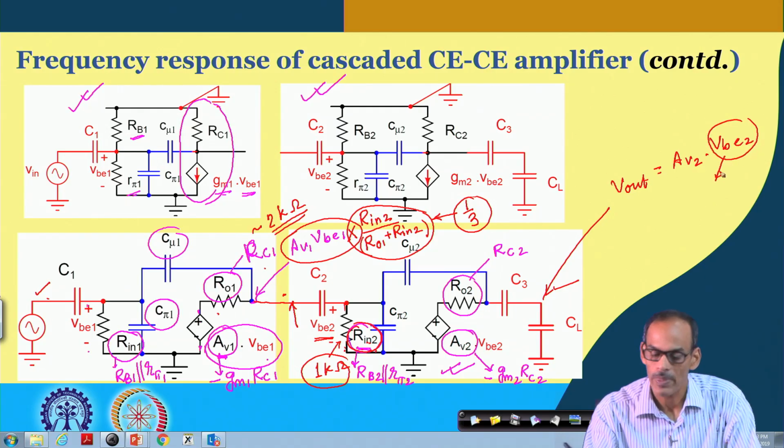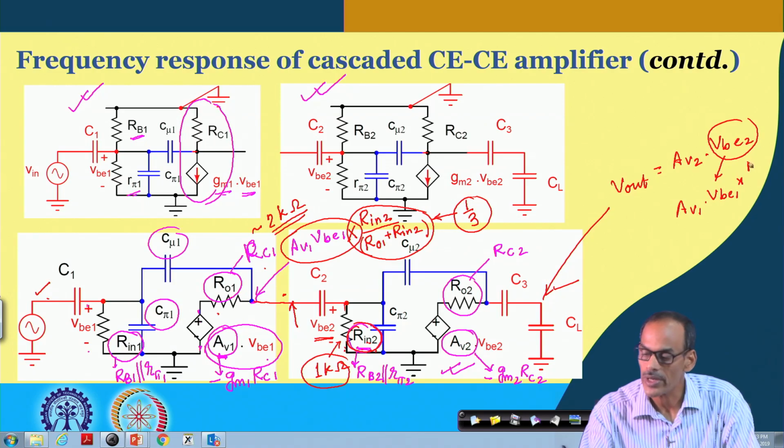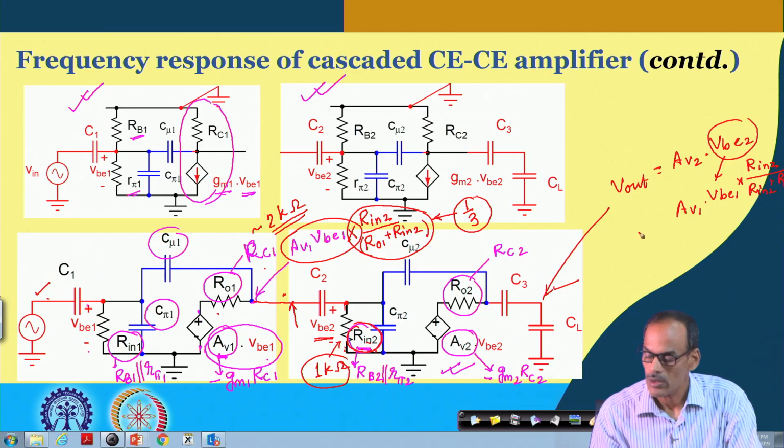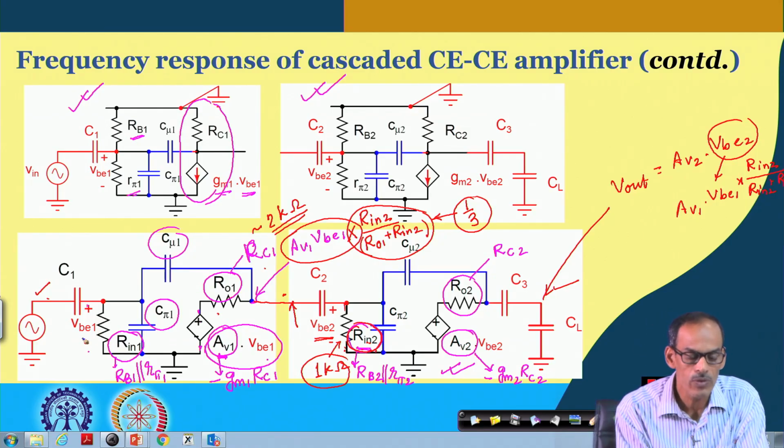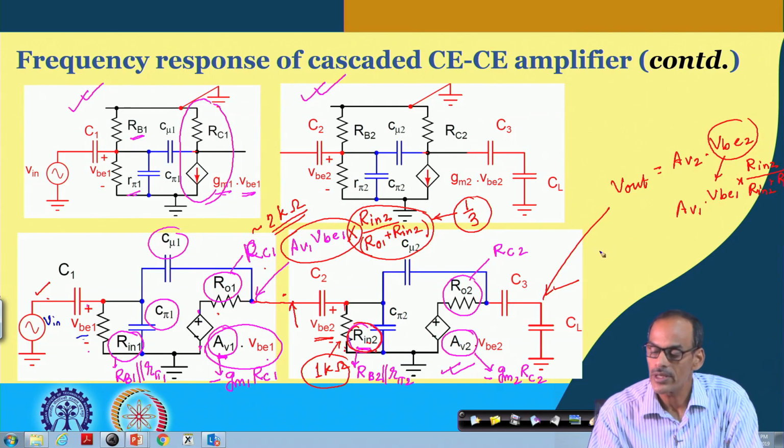and this VBE2 is AV1 multiplied by VBE1 multiplied by the attenuation factor Rin2 divided by Rin2 plus RO1. And of course, VBE1 is the same as Vin. So, what we get in the end is Vin multiplied by